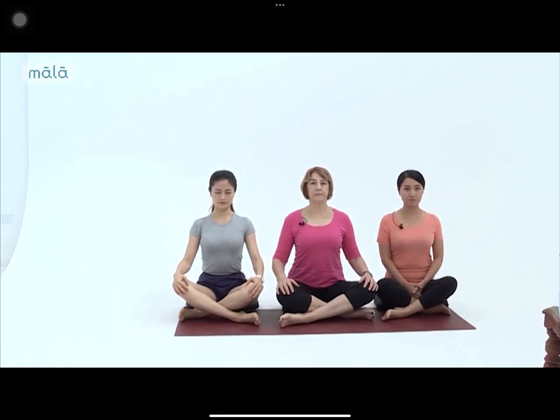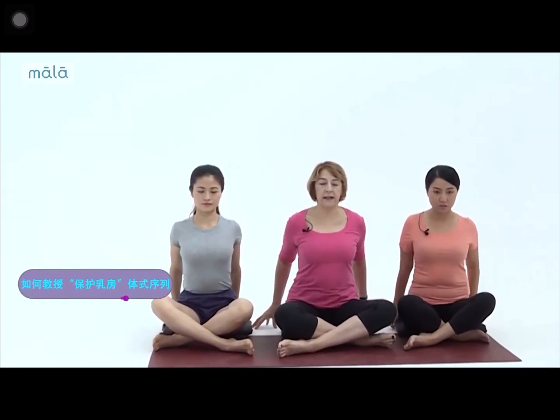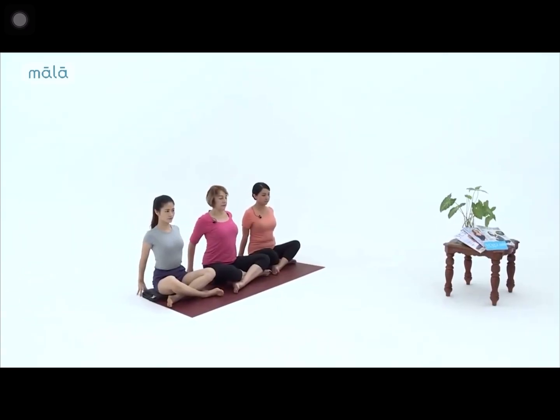Sit up straight and tall. Press your hands behind you, fingertips pressing down. Lift your chest, so that the two ribs directly under the breast area are